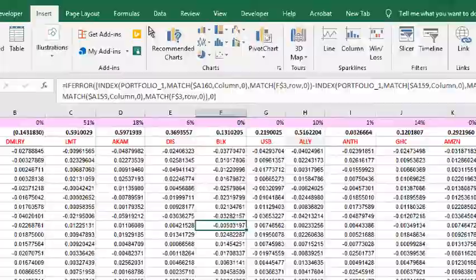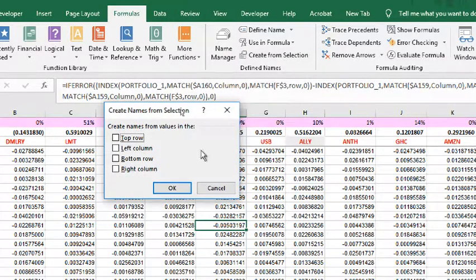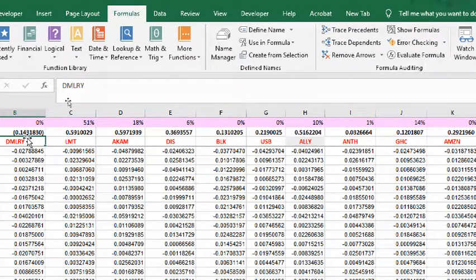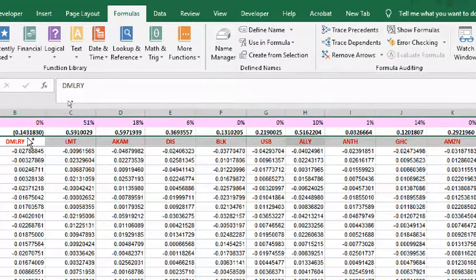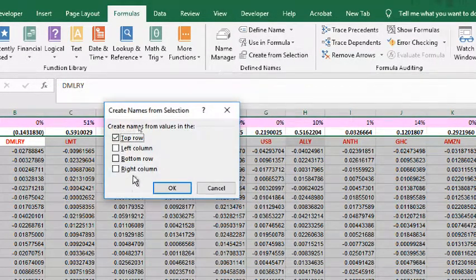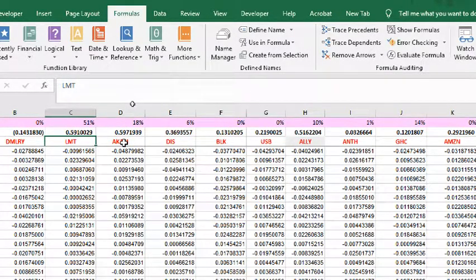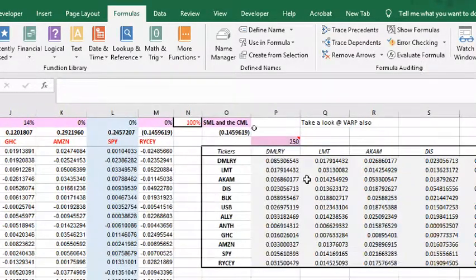And something else I'd like for it to do is go under formula and create from selection from the top row. I'm going to, let me cancel this. I'm going to highlight everything. Create from selection from the top row. I'm going to want for it to create all these different ranges, and what it basically just did is create a Daimler range, a Lockheed Martin range, a Akamai range, which is then used in our matrix here,